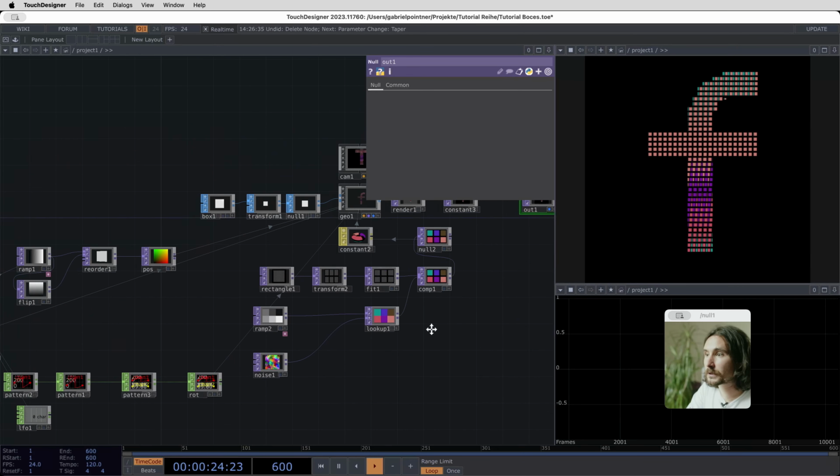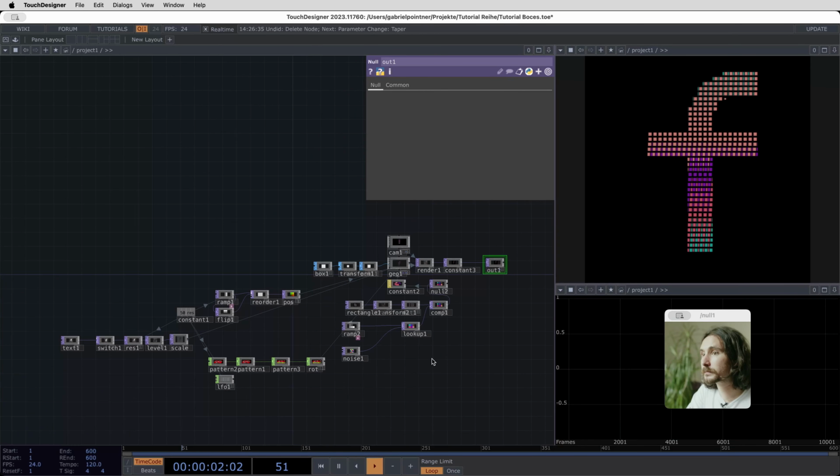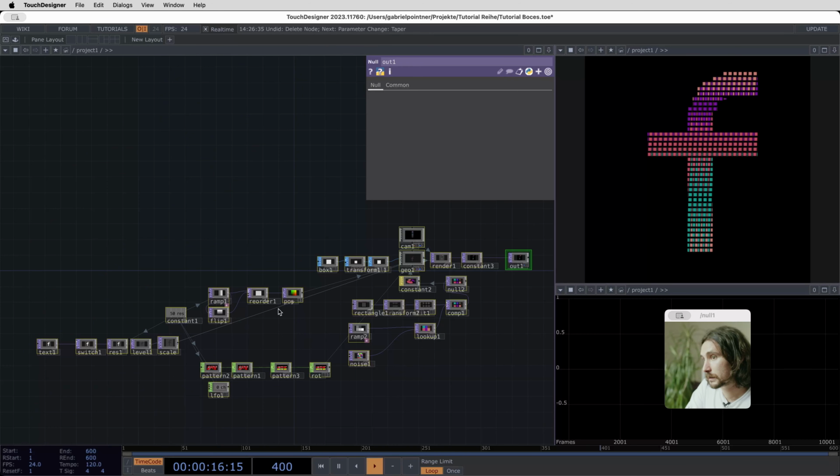That's the result. You see, this is the network. Let's say it's a pretty easy network. And yeah, I want to show you how you also could do this. Well, yeah, we start from scratch